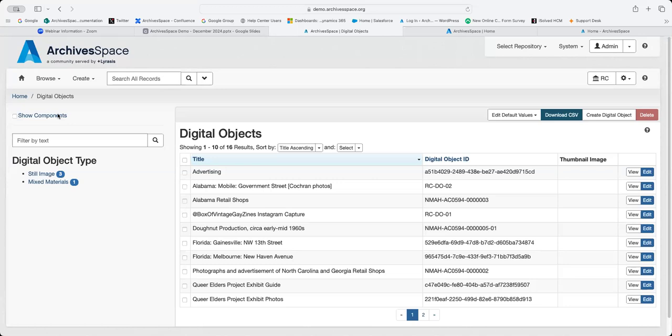So you can describe your physical materials and your digital materials within one location and then link them together. You could add digital object records to your resource records if you have digitized surrogates of your material, or they could be standalone digital object records for your born digital materials. But the digital files themselves need to be stored somewhere else. ArchivesSpace does not ingest those files.